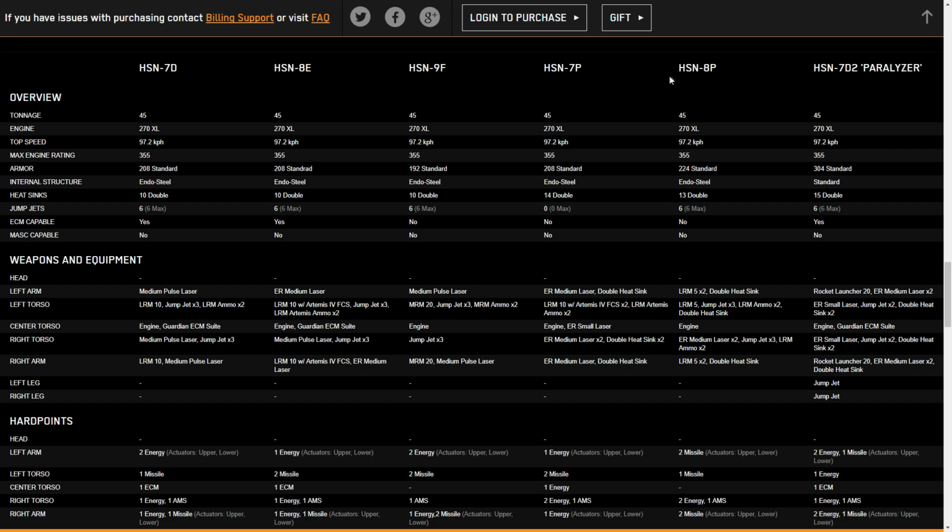But the 8P, sort of the reverse of what the 7P was. This has 2 missile in the left arm, 1 missile in the left torso, 2 energy in the right torso, and 2 missile in the right arm. This gives it a total of 2 energy, 5 missile, and it has the ability to take jump jets. Now this is a little bit difficult to work with because missiles are heavier for the inner sphere, you don't have much weight to work with at this